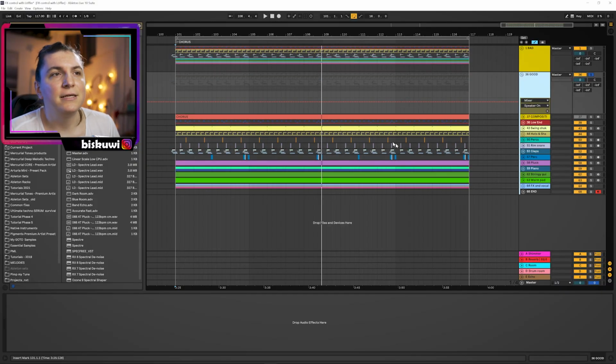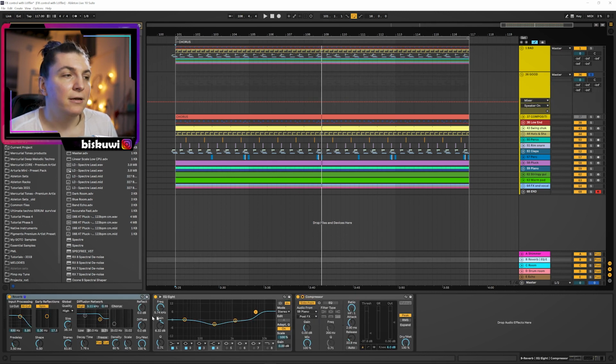In the second one, instead of utilizing on-track effects, we are using most of the returns here. And in the returns, because we are sending all the elements, first it glues everything together. The things start to sit in the same area. Plus, now I can actually, for example, add a bit of brightness to the track if I need to. For example, here, if I solo the reverb,